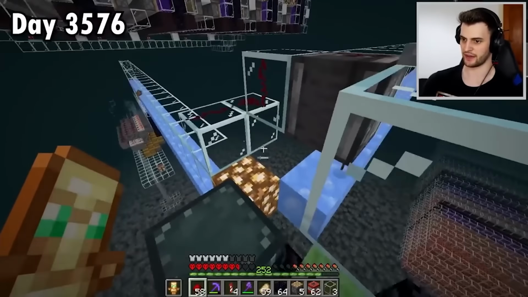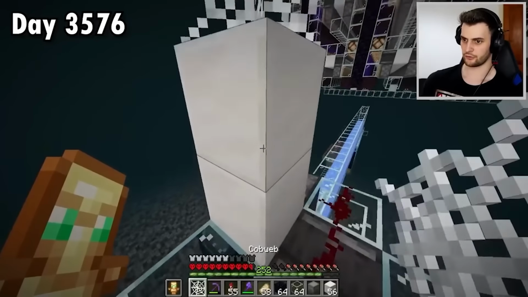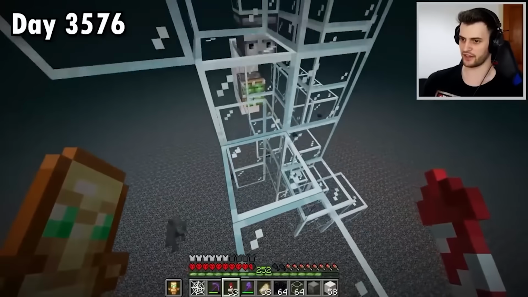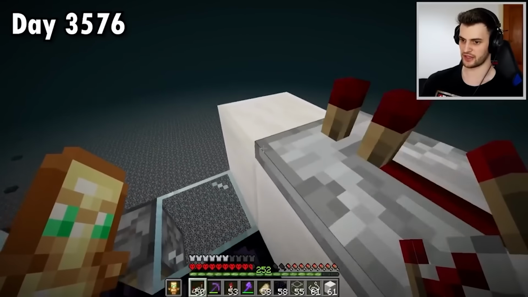Just to make it extra safe, there's one more item that I want to get, and that is a couple of cobwebs. Now right here there's going to be a cobweb just to slow things down, and there'll be the same thing at the top, but I've got to build it first. So the observer's here, it's got a string next to it so it will detect more items, and then we're going to have a